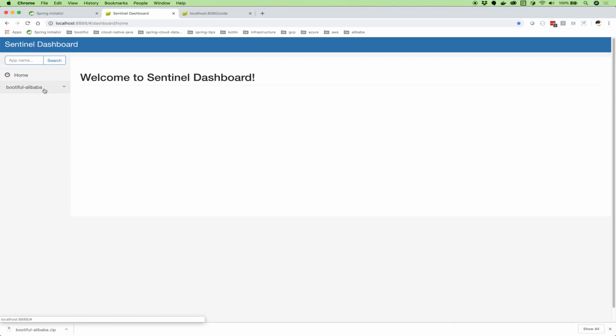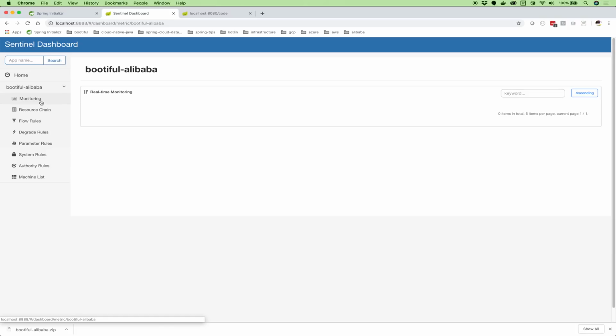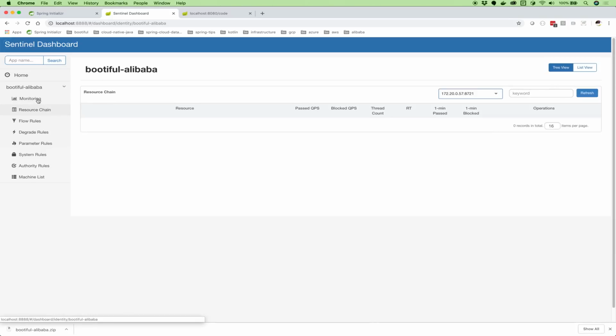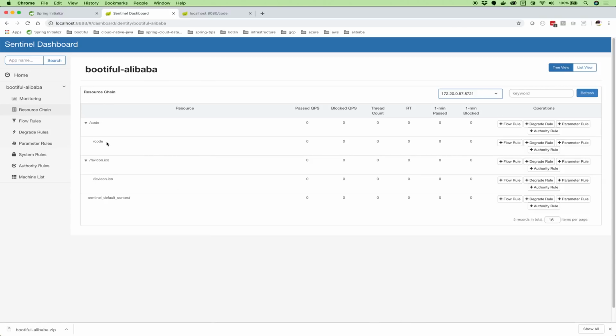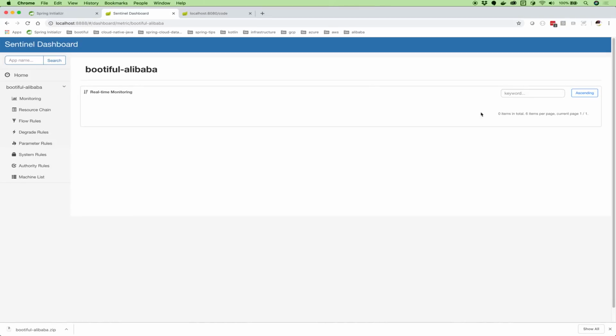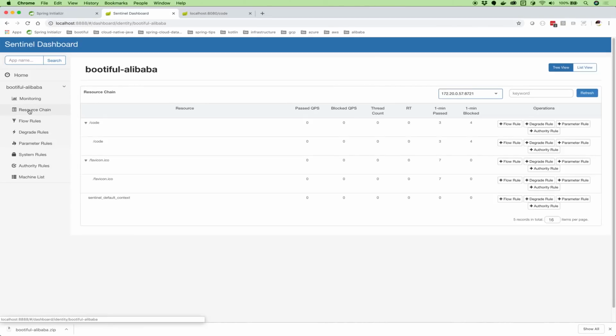So here's the instance of Bootiful Alibaba. I can hit monitoring. There's no interesting endpoint there. Here's my resource chains. If I go here, we don't really get much out of this at the moment. I can see that we have a code endpoint, right?